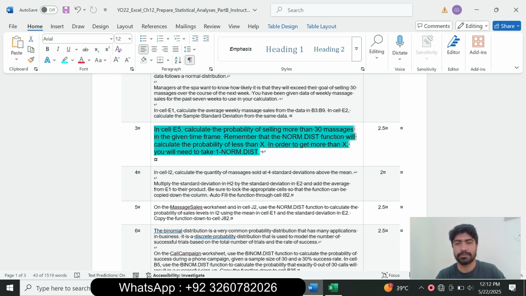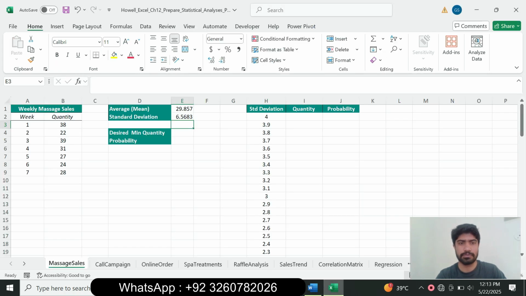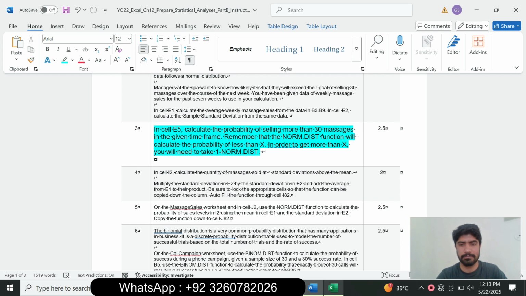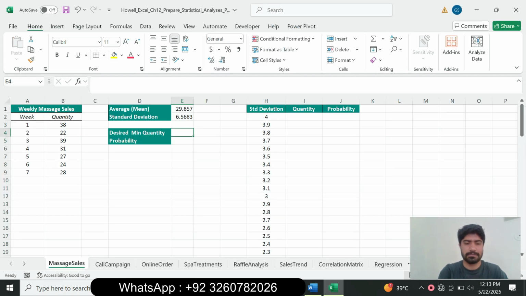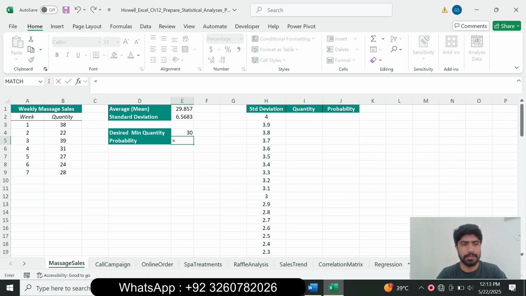In order to get more than x, you will need to take 1 minus that. So select cell E5, and E5 is more than 13. So type the 13 and